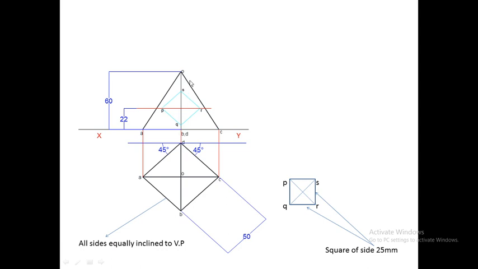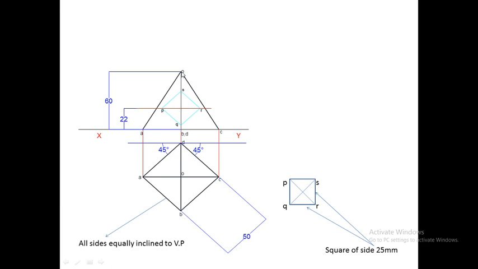Now you can see here that the slant edge O2B and the slant edge O2D cut the square at point S and point Q. So these are the points of intersection. Also you can note there that no slant edge is passing through point P and point R. So we have to draw extra slant edges passing through point P and point R. The reason for drawing the extra slant edge is that we have to mark these points of intersection or these corner points in the lateral surface, and for marking these points in the lateral surface we need extra slant edges.